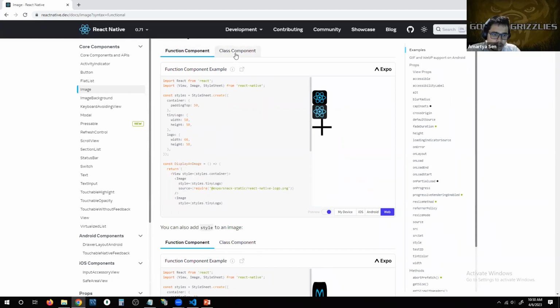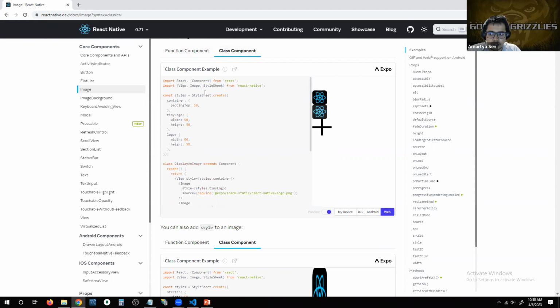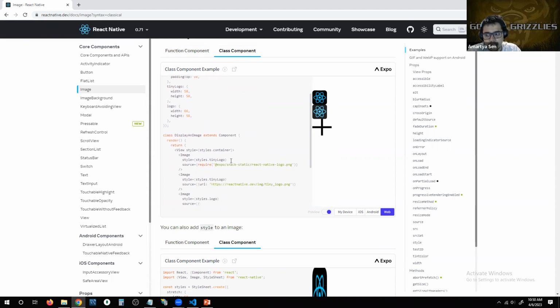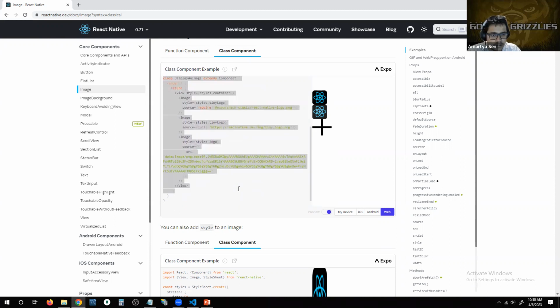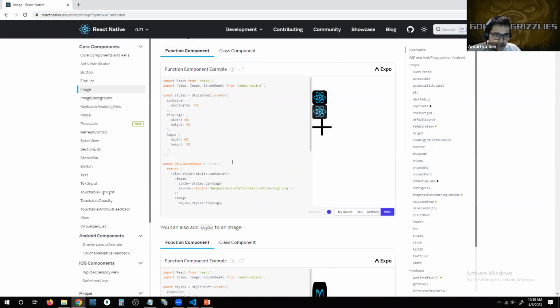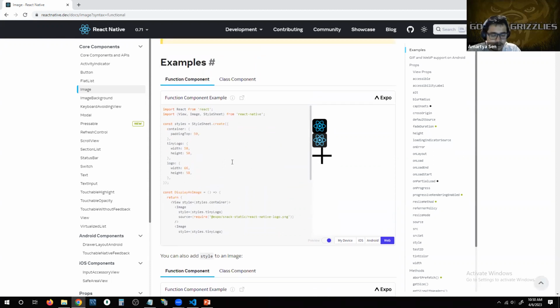The only time you would have to resort to the class component writing style of React Native is when you know for a fact that there is no React hook that can help you achieve a certain thing that you're trying to do. In a situation like that, and only then, do you have to write your components as a class declaration rather than as a functional declaration, which is much easier to code in terms of development. Okay. The other thing that you have to keep in mind is that just like there is no,